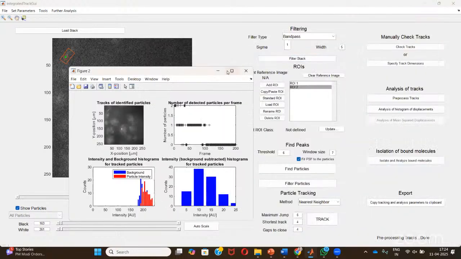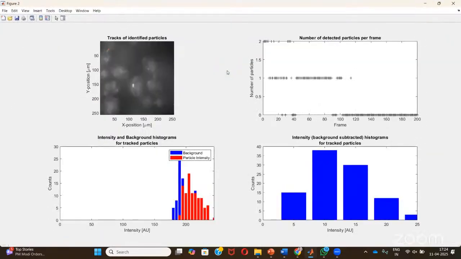As you can see, this is what our software generated, the tracks. I'll zoom in on this.